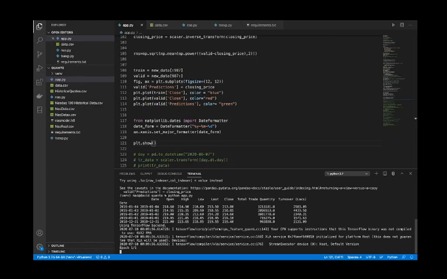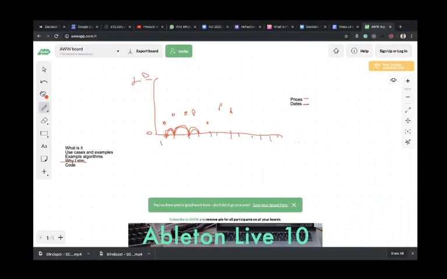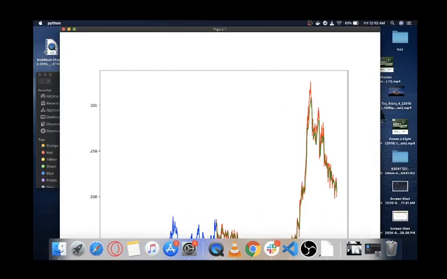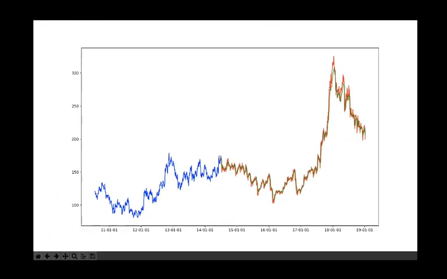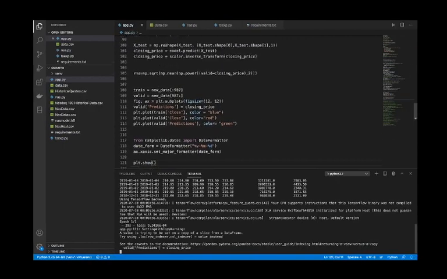This should take close to a minute, so it should be done after a minute. Yeah, perfect. So this is what I want to see. If we go back to our code,